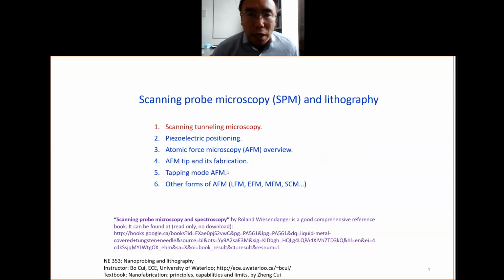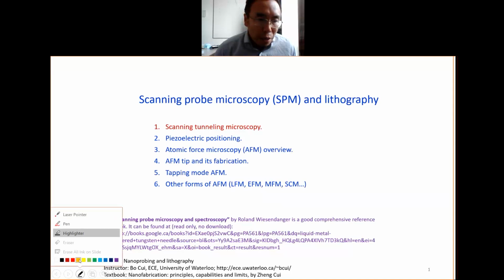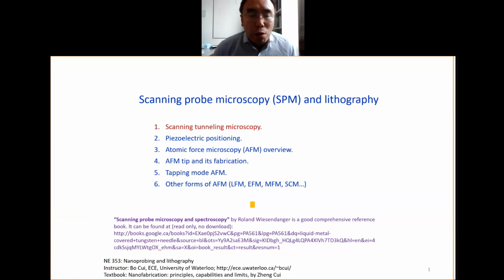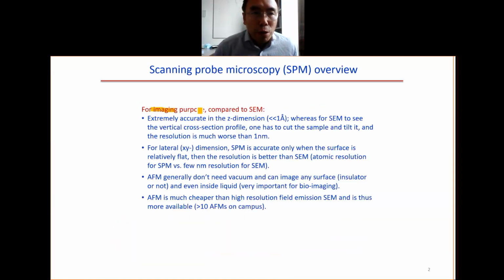So now let's look at the next chapter, which is scanning probe microscopy and lithography. Before we talk about lithography, first of all, we want to talk about the microscopy, that is the imaging. For the imaging, we have to compare it with the SEM. For the vertical direction, the Z direction, AFM or STM are a lot more accurate than SEM, because